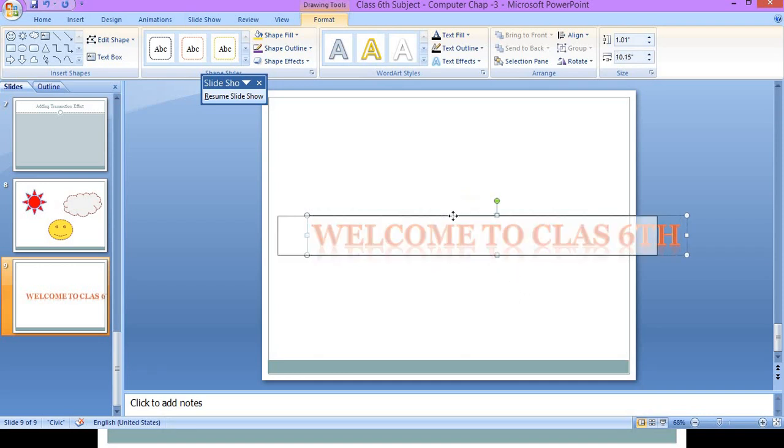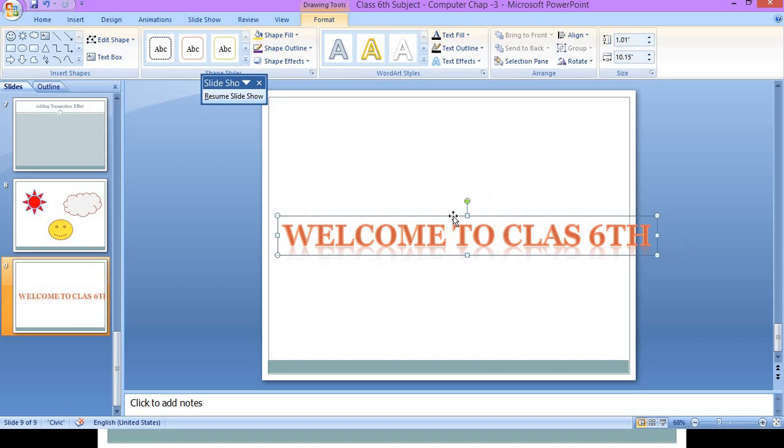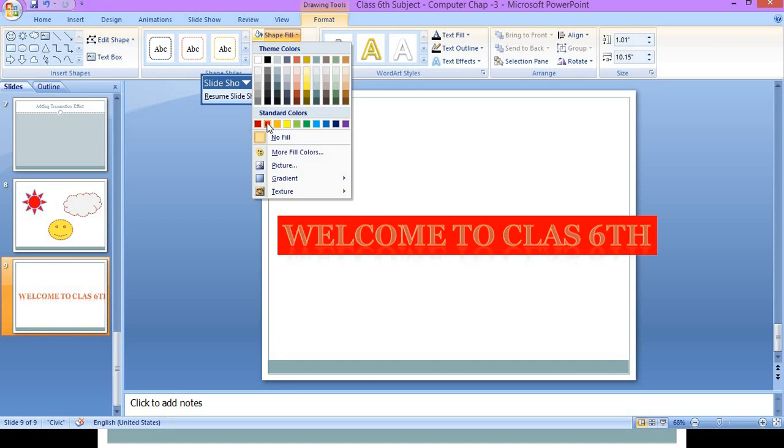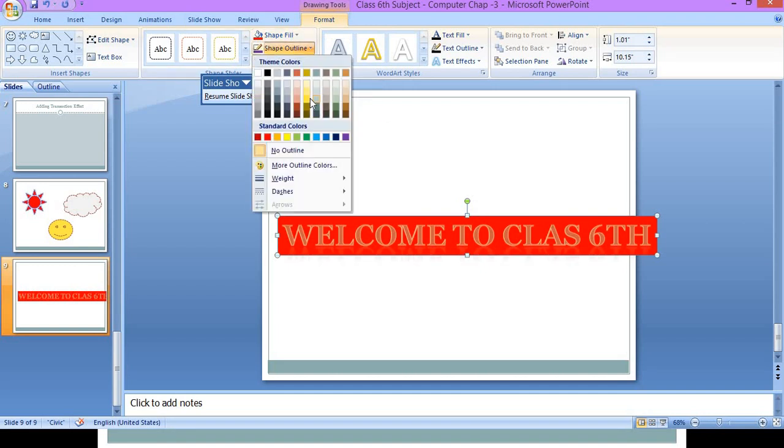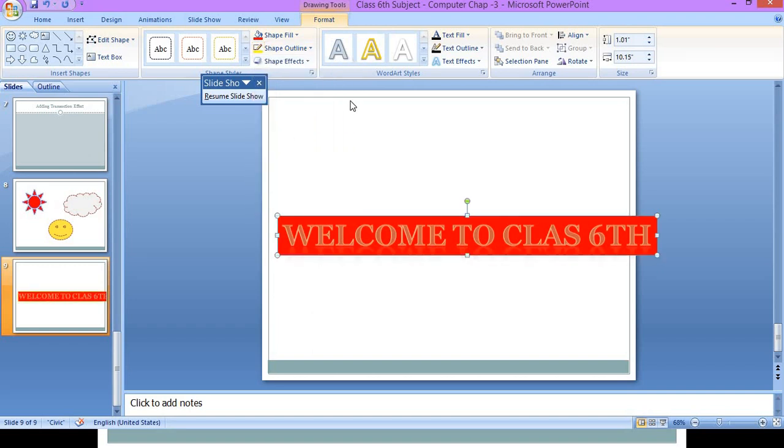So now suppose you want to change the direction or you want to fill it with some other color. Like I will go here, this one is the border color, so I am giving here fill as red color. Now outline you want to give in some other color, so here is the outline. So outline is given in some other color to this shape.